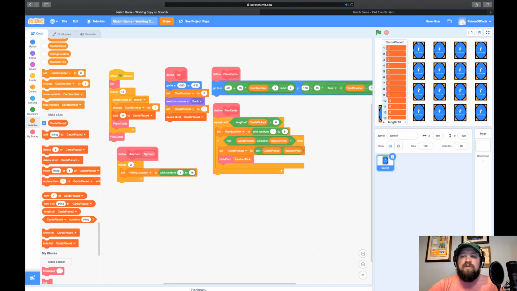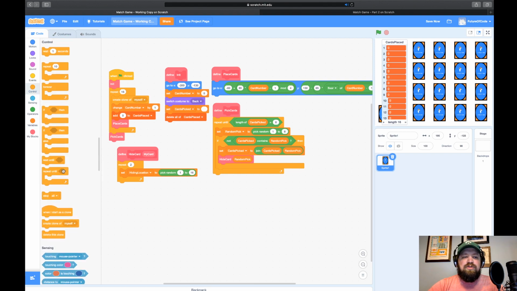So when we place a card, we're going to store which costume number it is using this my card variable. And then the next time we come to hide something here, we can check: is something hidden here? So we need to check to see if there's a card already hidden in the place where we picked a random number.